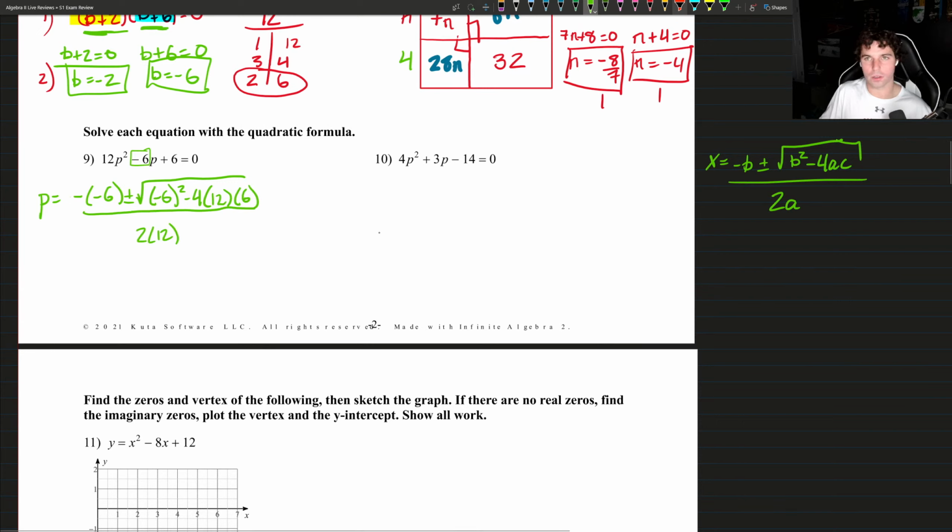Okay, one word of caution is this negative 6 squared. Some people are doing 6 times 6 and then just adding a negative up front. We're taking that entire negative 6 and we're squaring it, because b is negative 6. So b squared is negative 6 times negative 6, which is just positive 36. Okay, so if we simplify, we get 6 plus or minus the square root of 36 minus